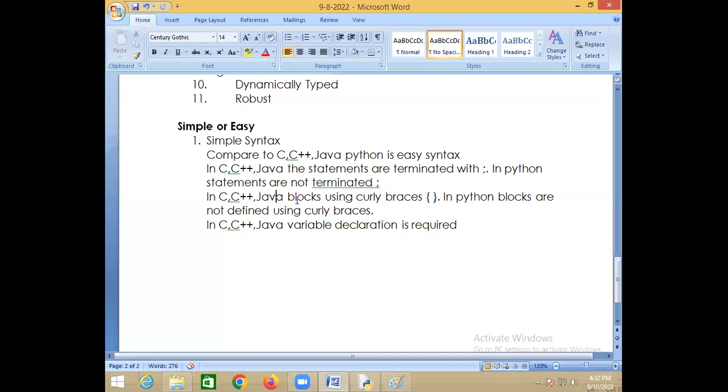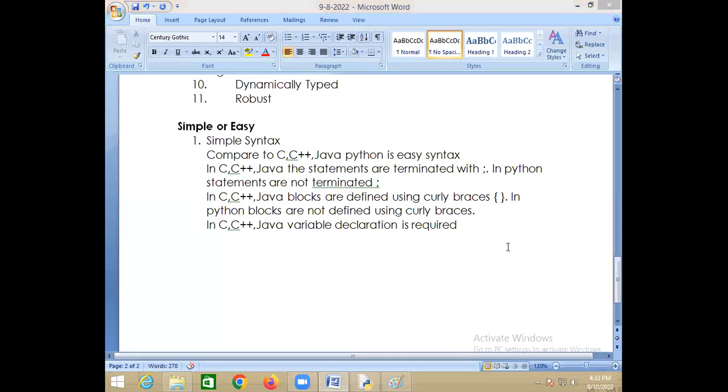In C, C++, Java, blocks are defined using curly braces, but in Python you are not defining blocks using curly braces. And in C, C++, Java, variable declaration is required.